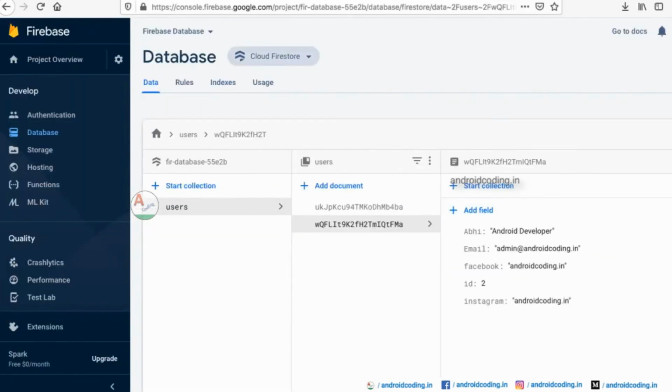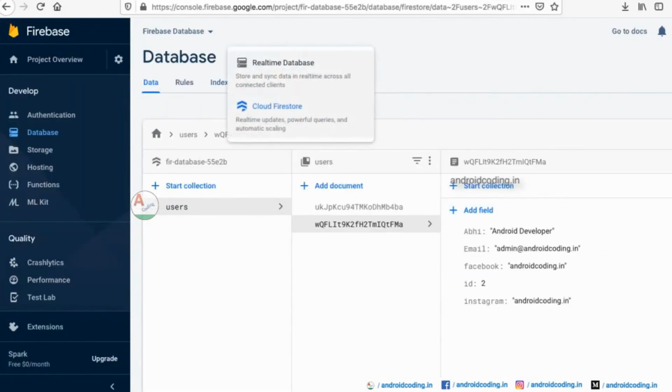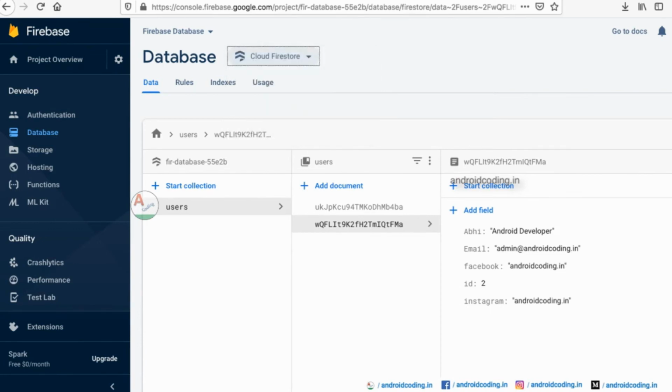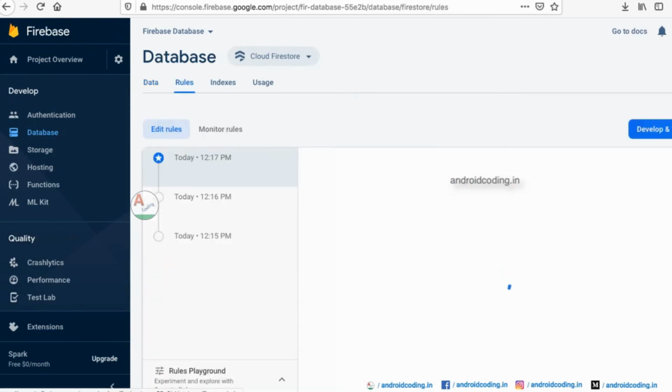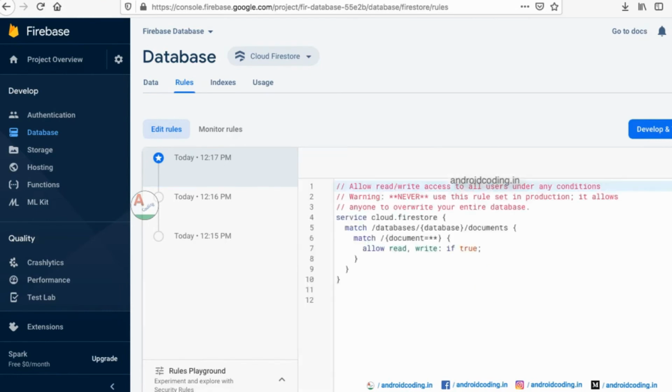This is Cloud Firestore. We previously dealt with the real-time database, and this is Cloud Firestore, so don't get confused, and you can refer to the previous tutorial also for the real-time database. We have dealt with this uploading and downloading in this tutorial. And don't forget the rules, because if you are confused about the rules you can't proceed with the tutorial. So be confident with these rules.